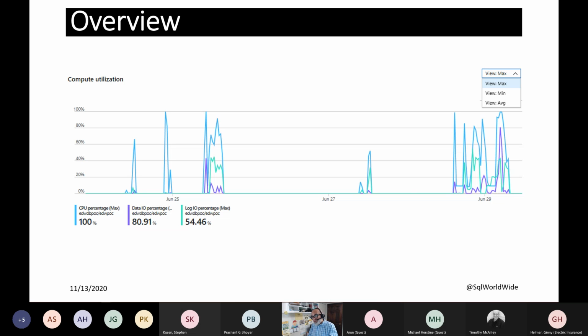And sometimes you might see that your CPU is not 100%, but people are still complaining because they are throttling, because you hit your log IO percentage, right? I talked about that before. Microsoft is constantly looking at that, and they will throttle it if you cross your threshold. There are charts in the Microsoft documentation for how many megabytes per second of log you can generate. So if you see that,